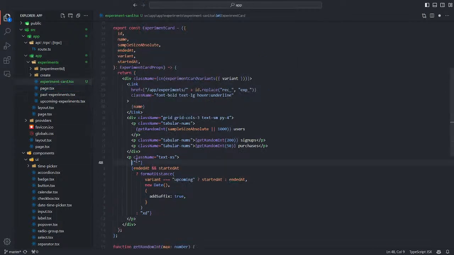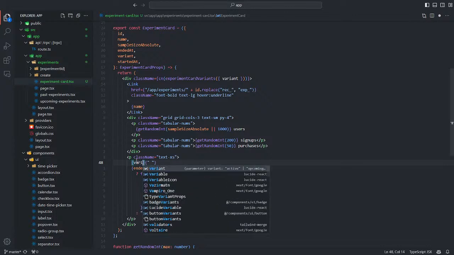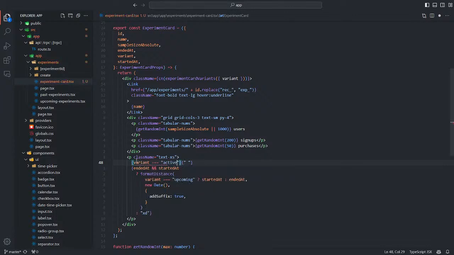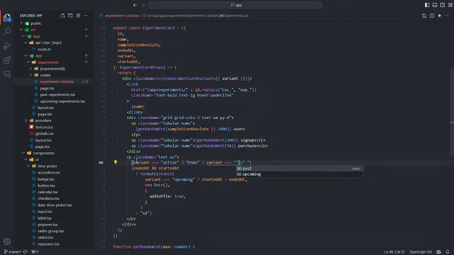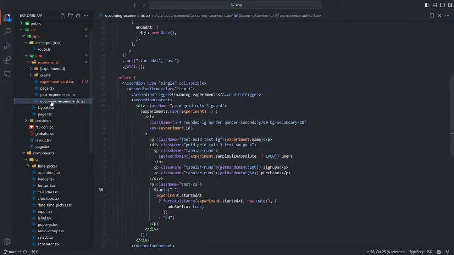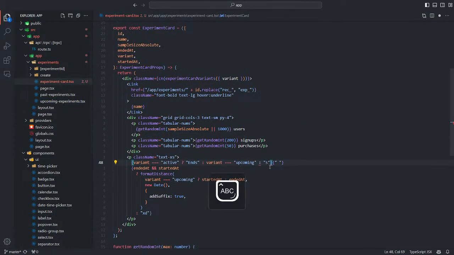Okay. If variant is active, the message will be ends. Else, if variant is upcoming, the message will be starts. And otherwise, the message will be ended.